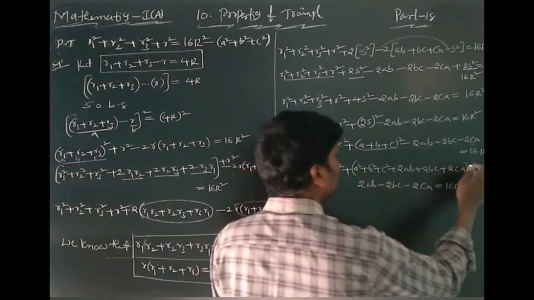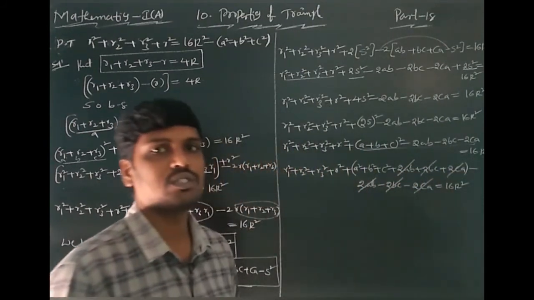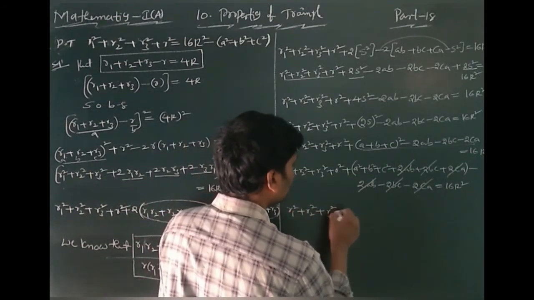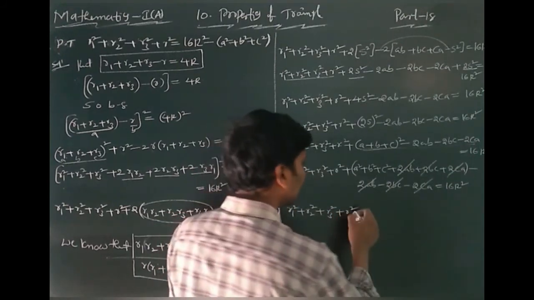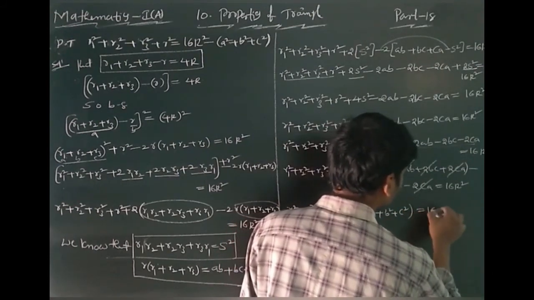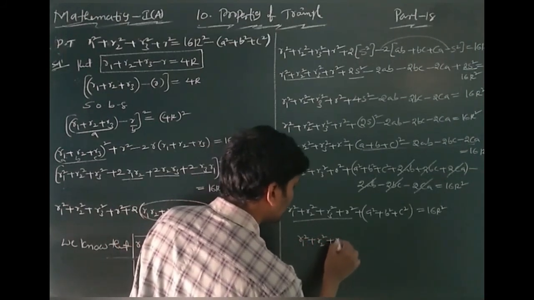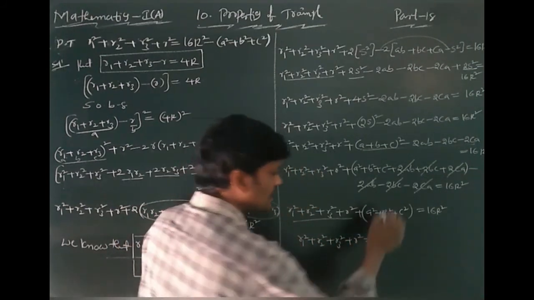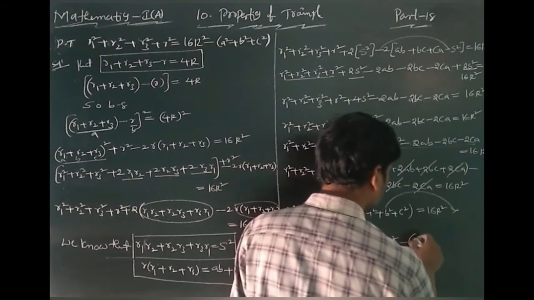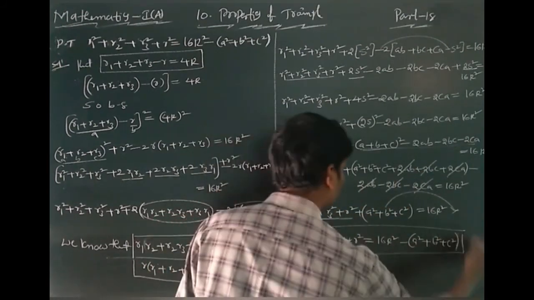Here minus 2ab plus 2ab, minus 2bc plus 2bc, minus 2ca plus 2ca cancel. Remaining what? r1 square plus r2 square plus r3 square plus r square plus a square plus b square plus c square, all this is equal to 16r square. You can find this value. What is this value? r1 square plus r2 square plus r3 square plus r square equals 16r square, and this plus goes to the other side as minus of (a square plus b square plus c square). This is the answer. Correct or not, check, students?